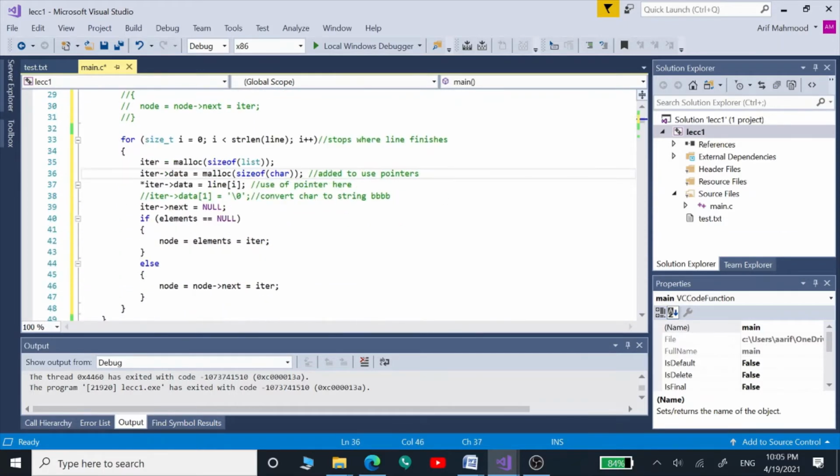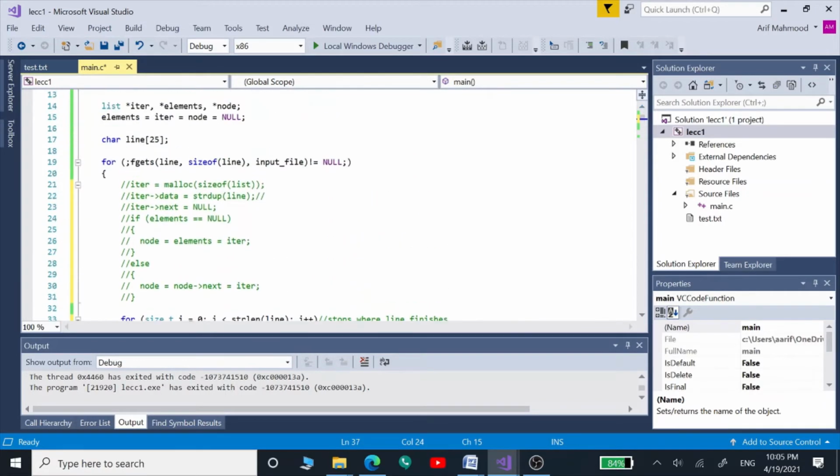Now there is one more difference: here we are going to allocate memory of size char, character size, since we are going to store the characters into our iterator data variable. So we allocate that memory, and then we use the pointers to store the values at that memory using this code line.